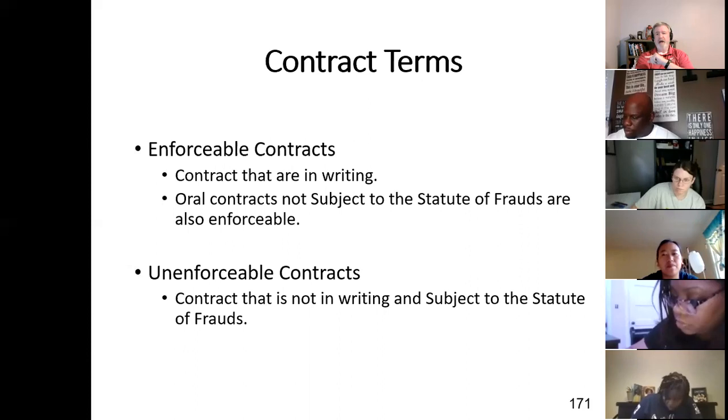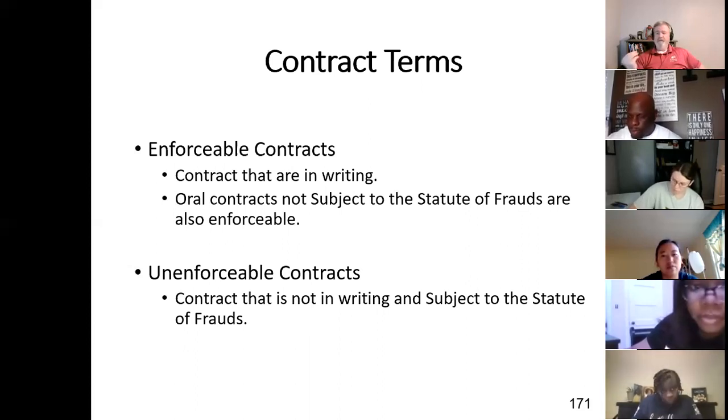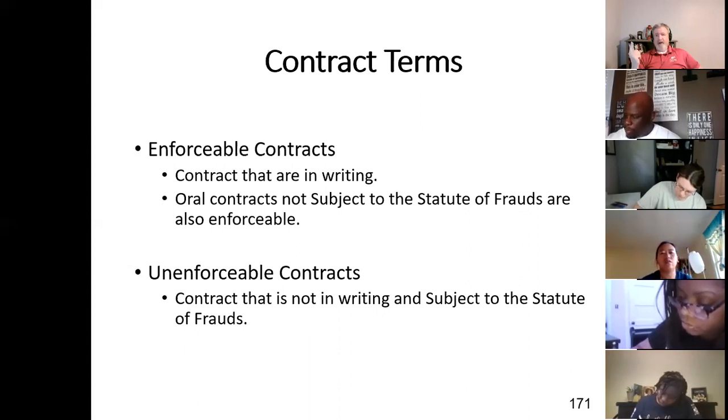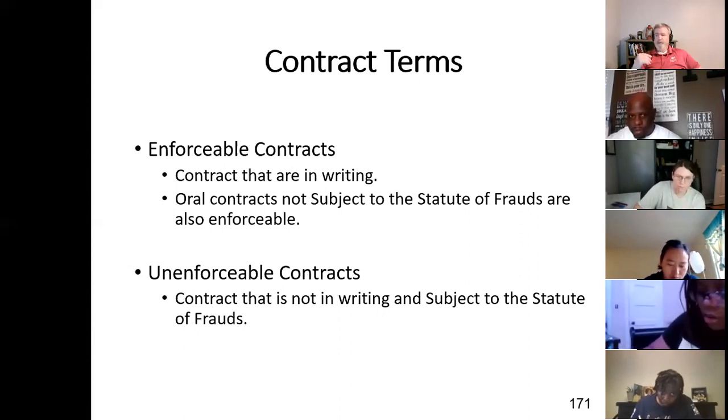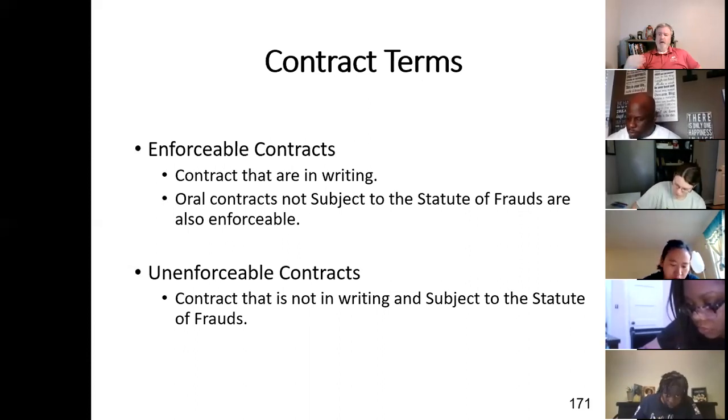However, if we determine the contract is invalid, then the contract is not enforceable in a courtroom. So again, to be enforceable, at least we're talking about contracts of sale right now, obviously we know it has to be in writing. We talked about that earlier, and it has to be in writing due to the statute of frauds to make it enforceable. One way to make it invalid is to not have it in writing, just an oral agreement. That's not going to be enforceable.